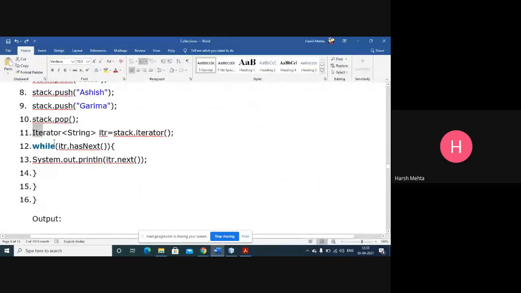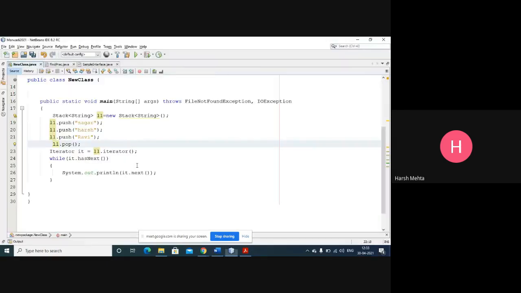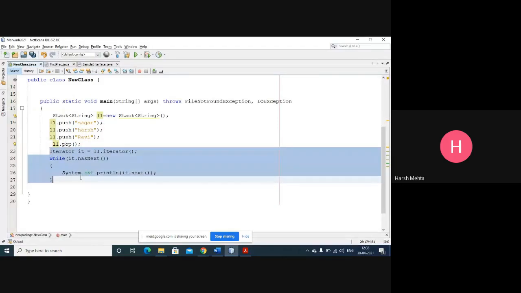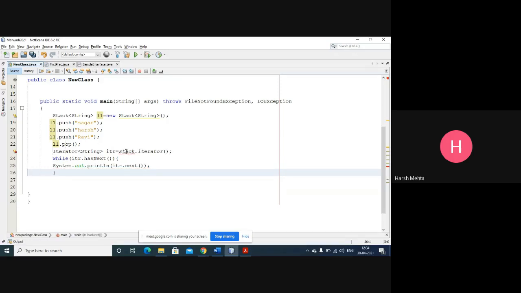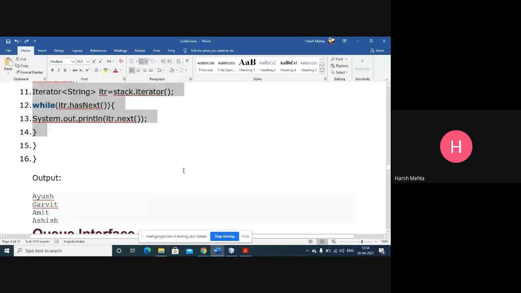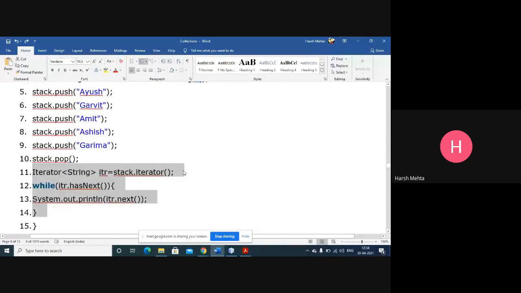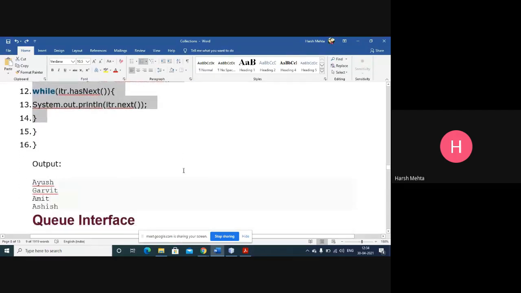Let me copy this code of iterator. And then L1 iterator. Output will be, which one will be the last? That will be the output.